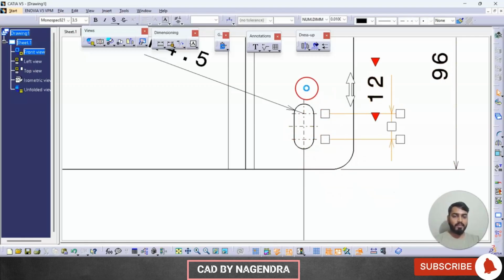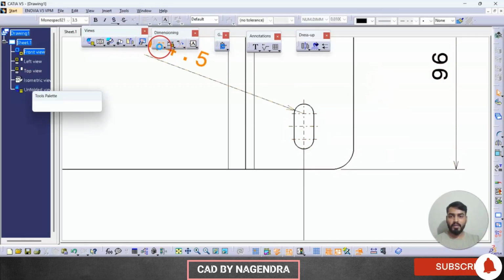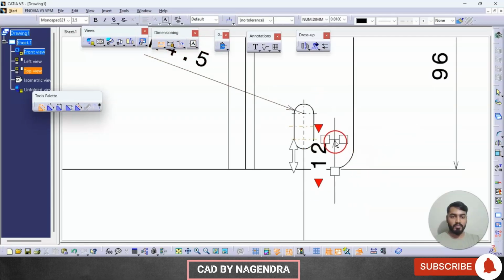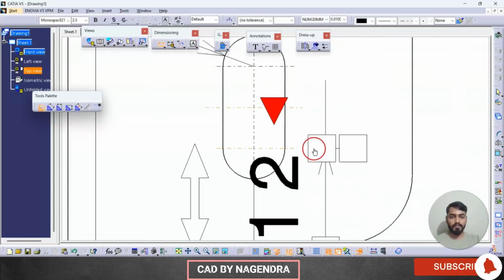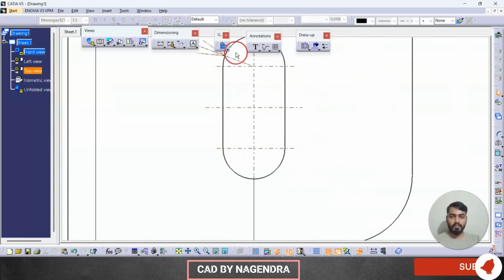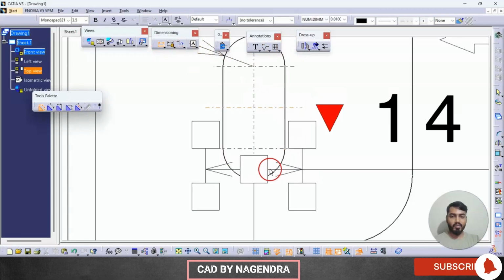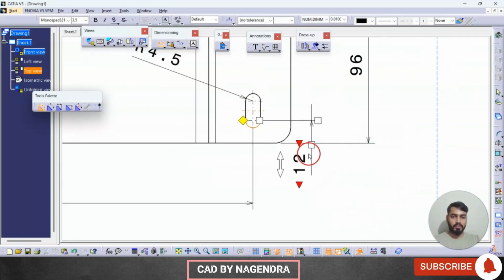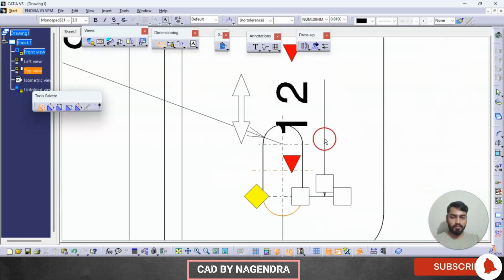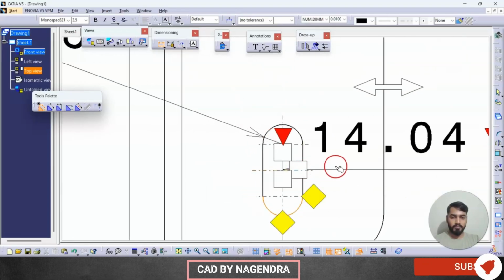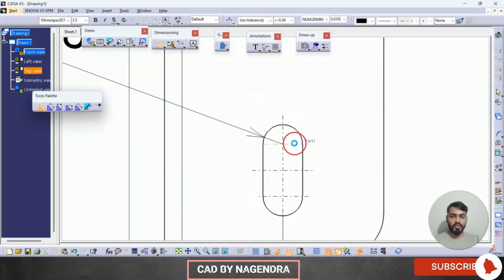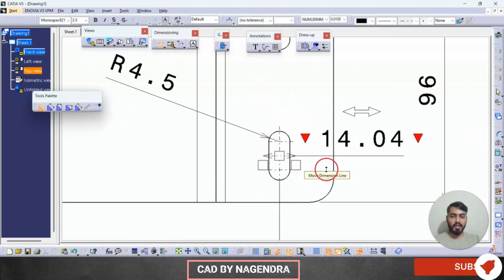So this dimension from this to this, we need dimension from center line to this curve,